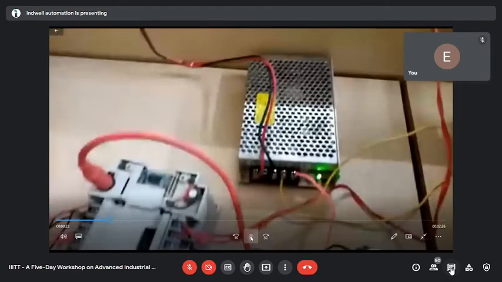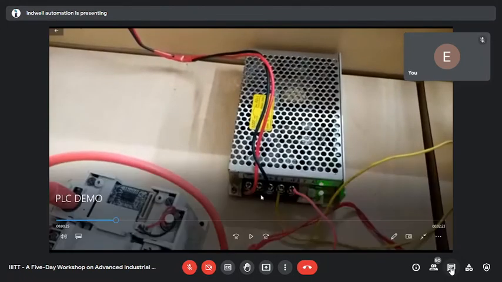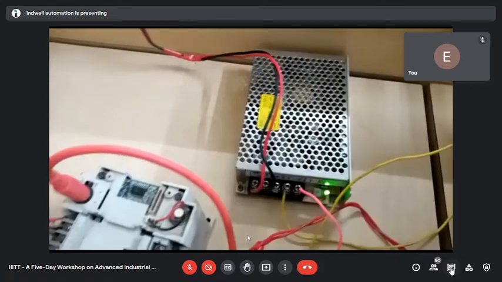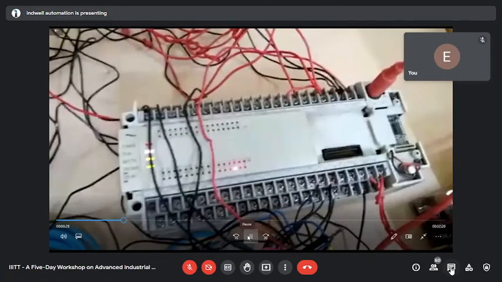This is the SMPS, the same SMPS I have used today also. In this SMPS, you can see these two are power terminals, line and neutral I have given, and these two are positive, negative. You can see it is written also here, but it won't be visible. Positive, negative. Next. 24-volt DC SMPS. This is the PLC you have to use today.